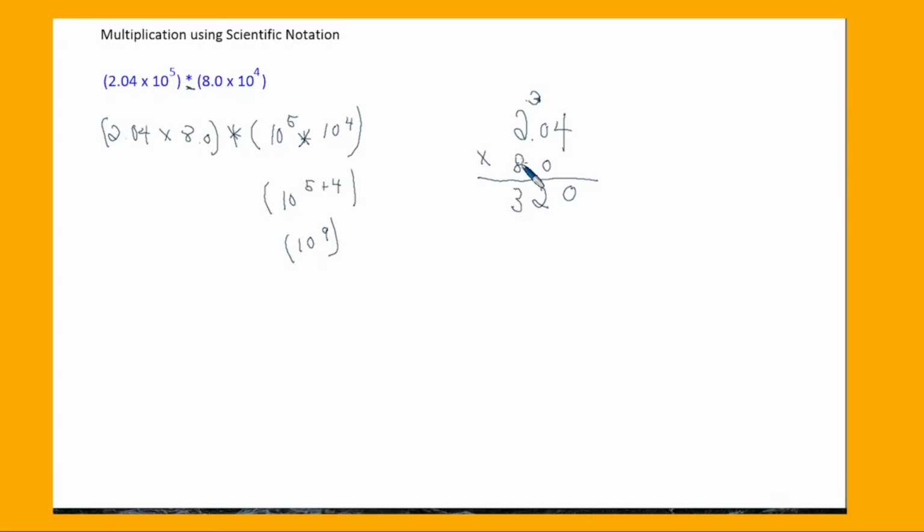And then 8 times 2 is 16. Now our decimal place, we're going to go over 1, 2, 3. So our answer over here is going to be